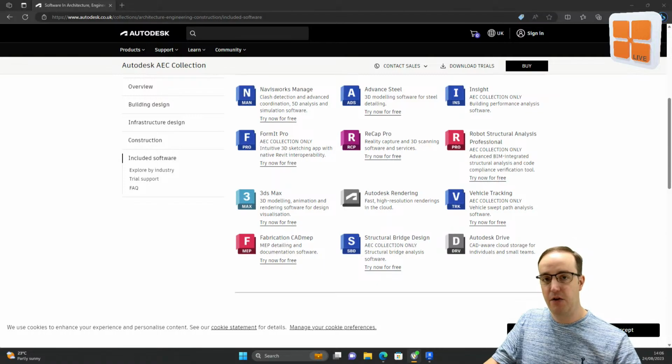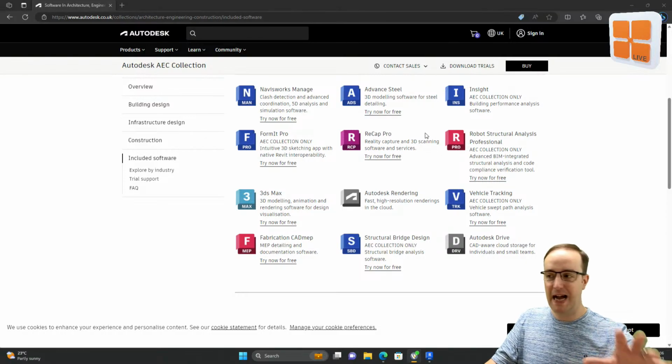Listed on this page is not Twinmotion, by the way. So Twinmotion is a tool that you get access to as part of a Revit subscription. So you've actually got the ability to use the Epic Games Twinmotion tool as well, which actually isn't listed on